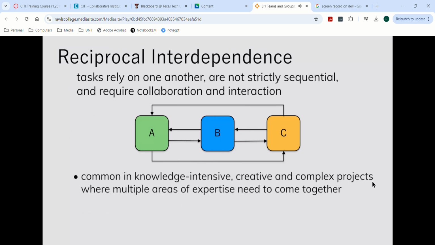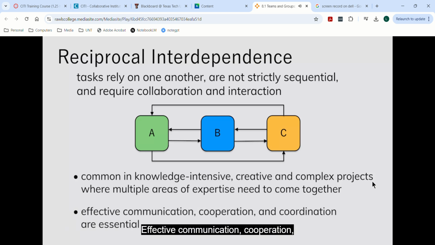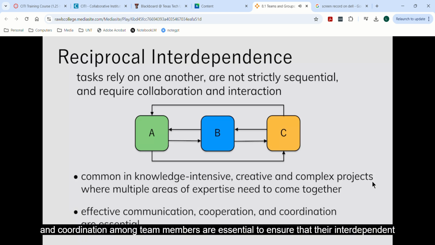Reciprocal task interdependence is common in knowledge-intensive, creative, and complex projects where multiple areas of expertise need to come together to produce a well-rounded outcome. Effective communication, cooperation, and coordination among team members are essential to ensure that their interdependent tasks are successfully integrated to